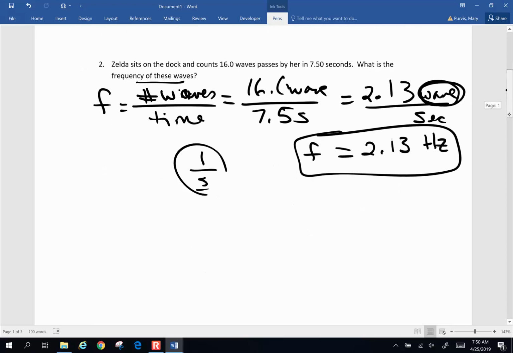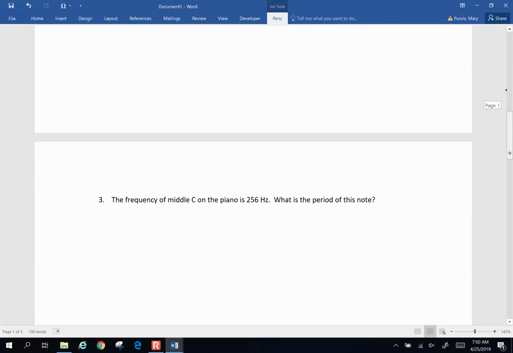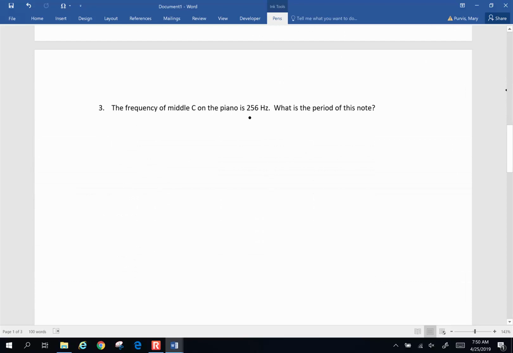Next one down. The frequency of middle C on a piano is 256 hertz. What is the period of this note? So period is 1 divided by frequency. So 1 divided by 256 hertz. So I take 1 divided by 256, and I get